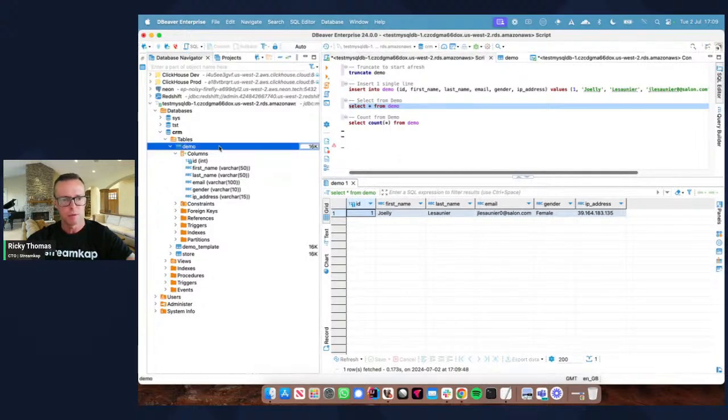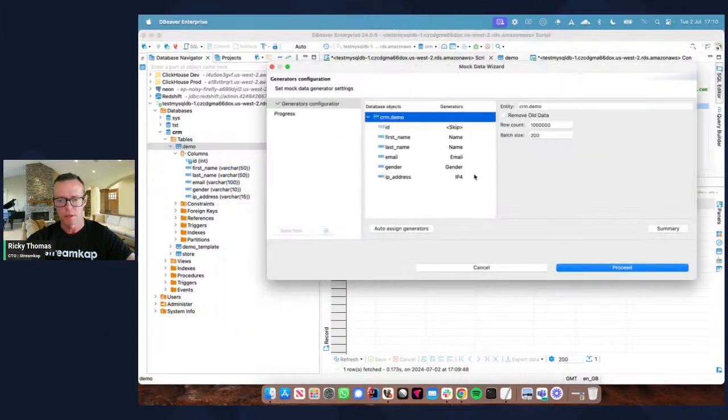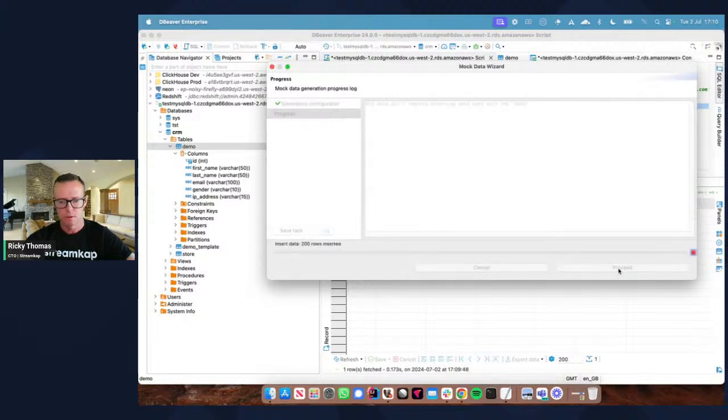And then I'm using DBeaver, and we're going to use this to generate some streaming data. Generate some data, which we can then stream. So we can generate some mock data. So let's create 1 million records. We're going to do it in batch sizes of 200. I'm running this from my laptop. Obviously, you can use higher throughput as part of any testing. So that should get going. So that is now sending data into MySQL, the table we've created, and it will be finding its way over